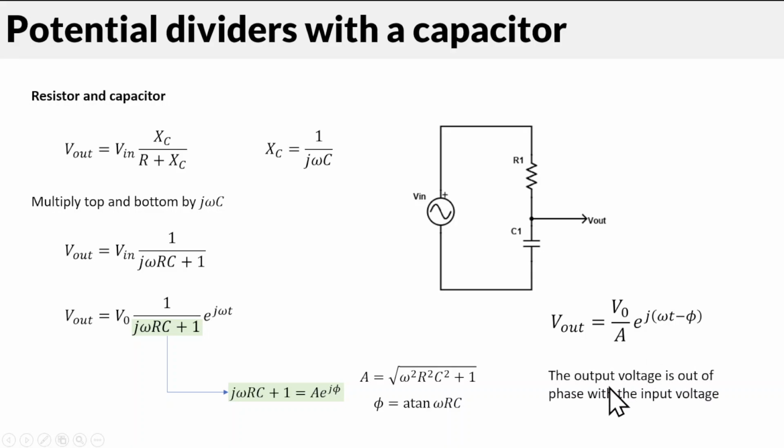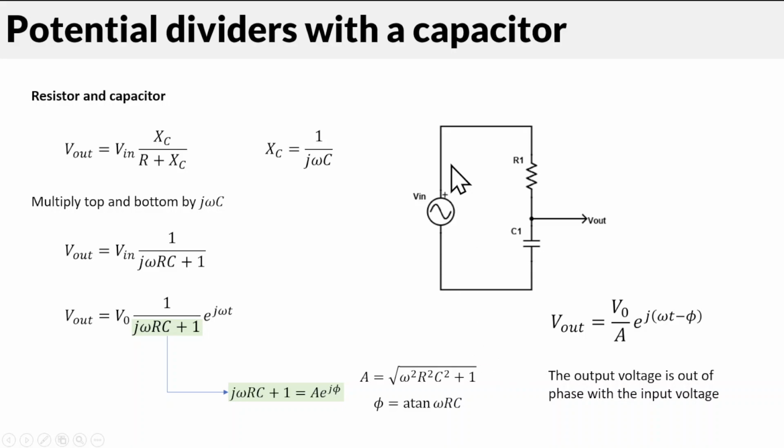And it's going to have a couple of extra parts in comparison with the input voltage. The input voltage just had the V naught e^(j omega t). Now we have a phase change and we have an amplitude. And you can see that this part, this A, is frequency dependent. So as the frequency changes, the output is going to change,